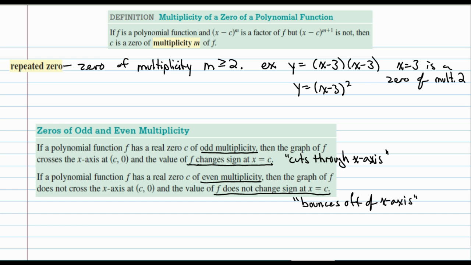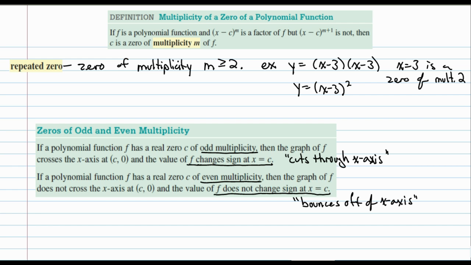So why does multiplicity matter? Well, an odd multiplicity means a zero occurs an odd number of times, whether that be 1 time or 57 times. The function will change signs at x equals c. The y values go from positive to negative or negative to positive, which means the graph will cut through the x-axis. An even multiplicity means you have a zero that occurs 2 times, 4 times, 6 times, 108 times,